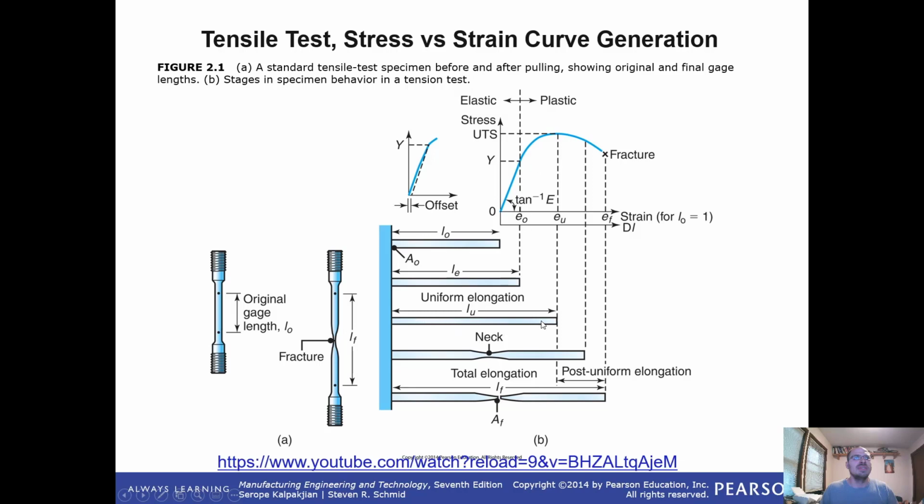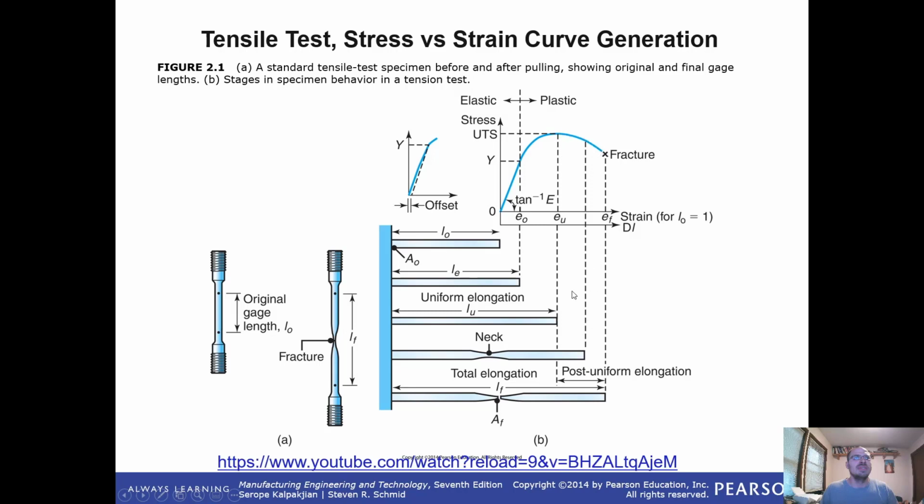The uniform elongation goes all the way up until right to the tip, and this is actually why we see this bend and then a fracture eventually. We end up getting a necking, our area will decrease, and essentially that changes the amount of stress that part can hold, and it changes the equation they use to plot this. And later in the video, you'll watch a video called True Stress, True Strain, and they account for this necking. Right now this doesn't account for necking, but you're still able to see when the necking happens just because of